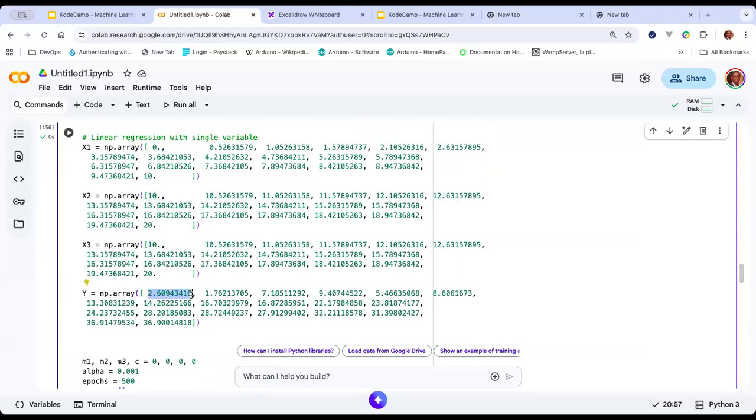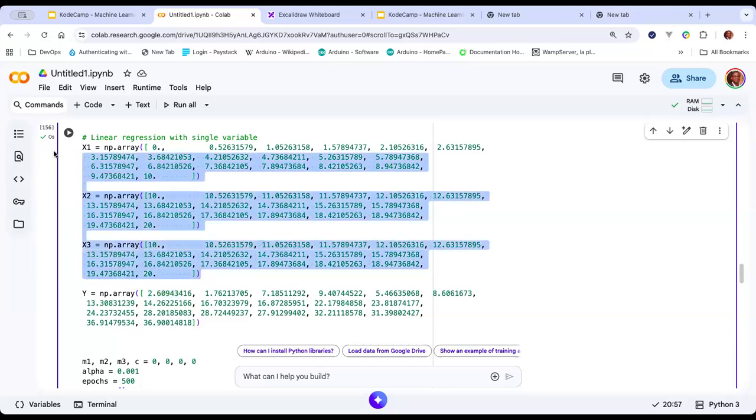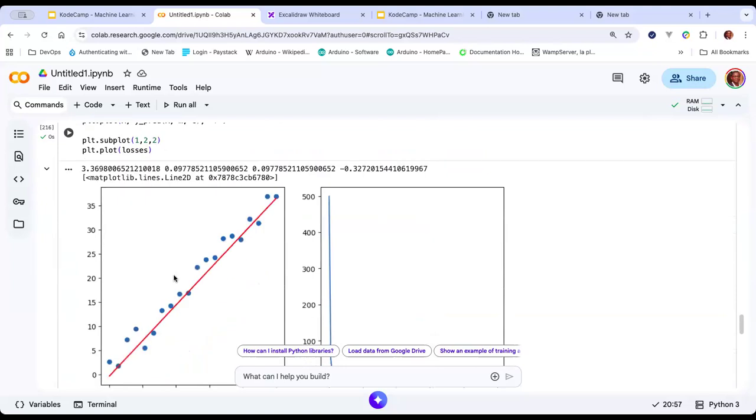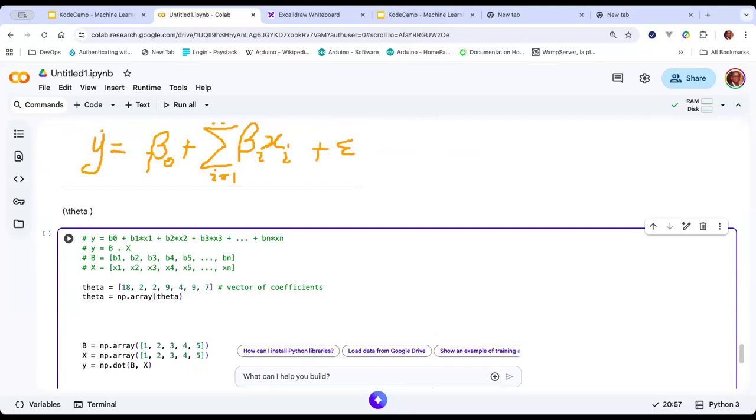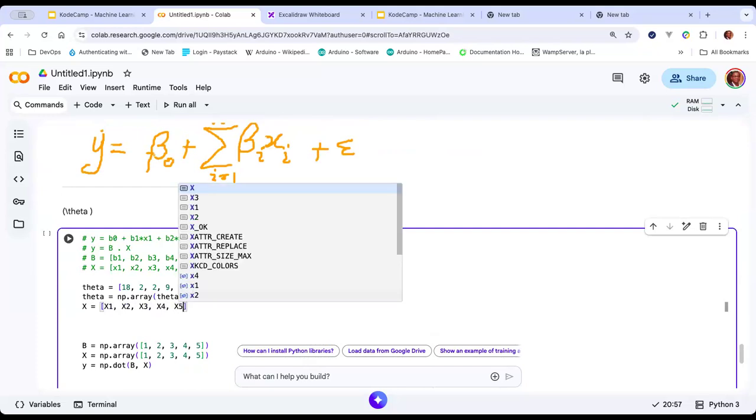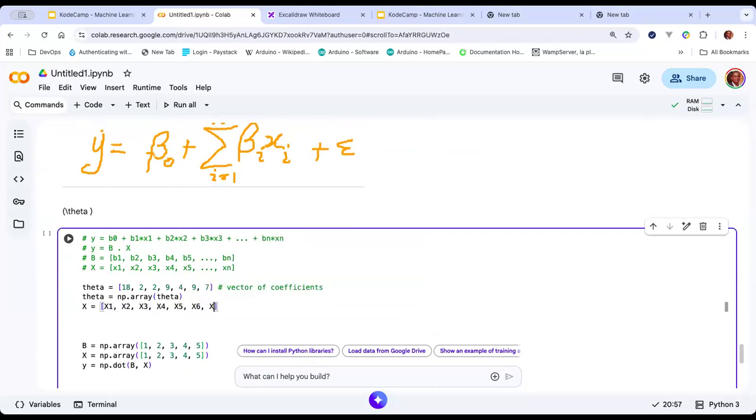But for us to have all of these x's, we now have lots of little x's forming the x1, the big x1. But we also have 3 of the big x's. So we have the x1, x2, x3. So you will then find that you now have a big brother, big X, right? That is going to be made up of a big X1, a big X2, a big X3, a big X4, a big X5,